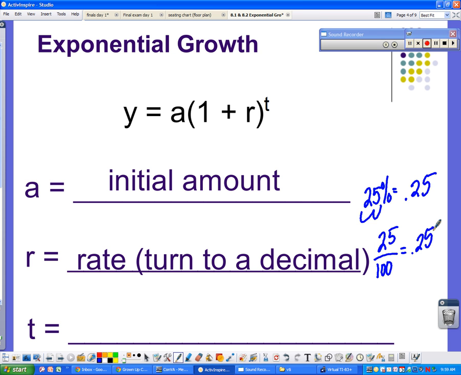If you leave it as 25, your problems are not going to work out because it's going to be like 2,500%. And t is time in years. So if we give you a problem where it said 6 months, then your time in years would be 0.5. So you've got to make sure and turn all of that time to years. Okay. All right. So let's go ahead and look at an example